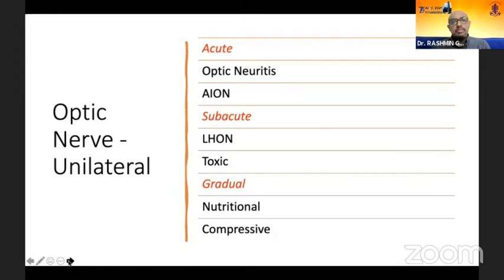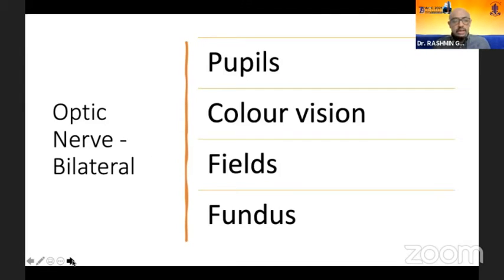The ischemic optic neuropathy, by convention, is generally a disease of somebody who is above 40, but again, now more and more cases are being seen where ischemia occurs in a younger population. A subacute unilateral optic nerve disease will map either to LHON or certain forms of toxic optic neuropathy, like ethambutol, which can present with a subacute loss of vision. Gradual onset loss of vision with a progression: generally, you are dealing with a compressive lesion or nutritional deficiencies like vitamin B deficiency, though I have to say that they are much more common in both the eyes.